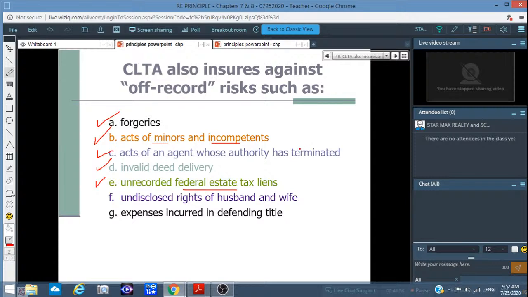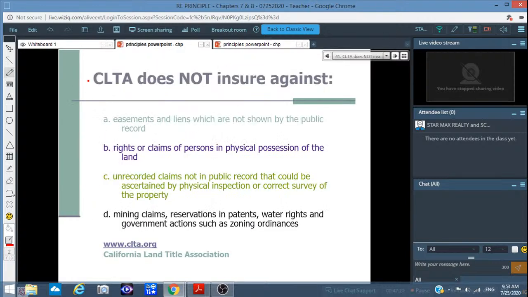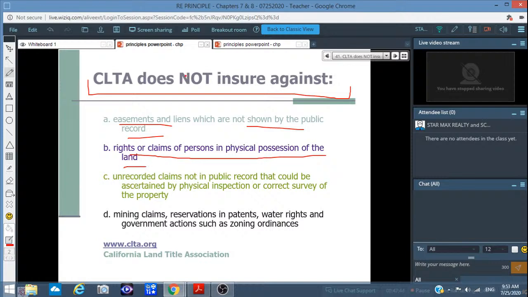没有记录，OK，有记录的话它是有效了，OK。undisclosed rights of husband and wife，OK，夫妻两个这个权利，OK，没有告诉别人，OK。expenses incurred in defending title，OK，一个打官司的话，那个打官司的费用他们包了，OK。So CLTA does not insure against what? OK，他们不保这个上面的 easement，这是让路，OK，not shown on public record，OK，让路没有记录下来的让路，OK，rights or claims of person physical possession of the land，OK，其他人有这个权利在地皮上面的，OK，